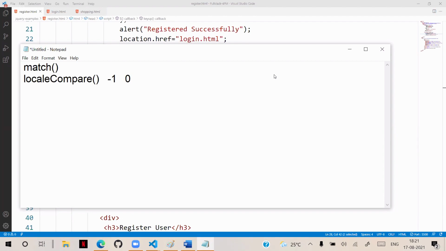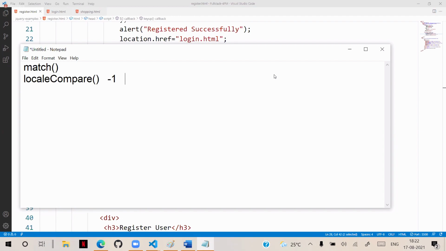Actually, it will return 1 or 0 if it is matching. So 1 will return before matching, 0 will return after matching actually. And -1 means it is not matching.